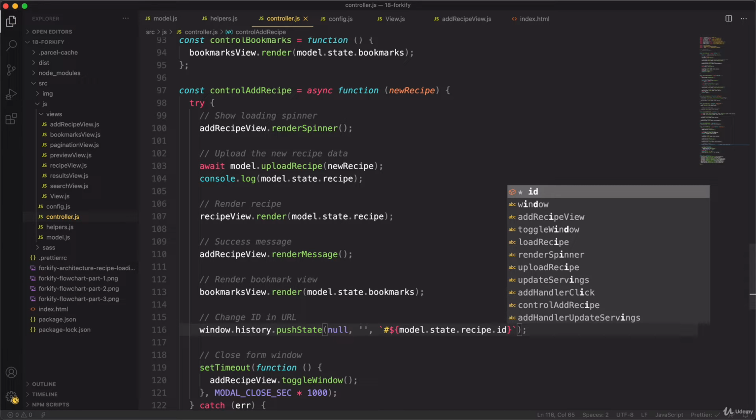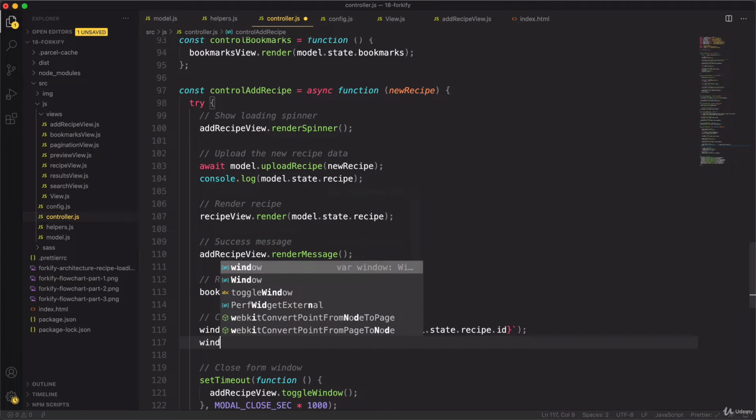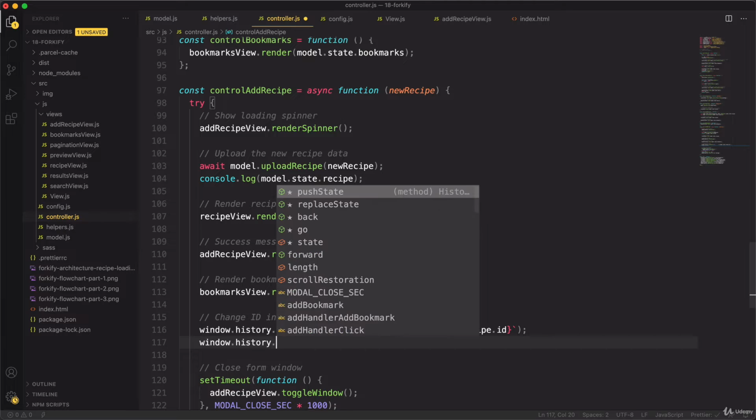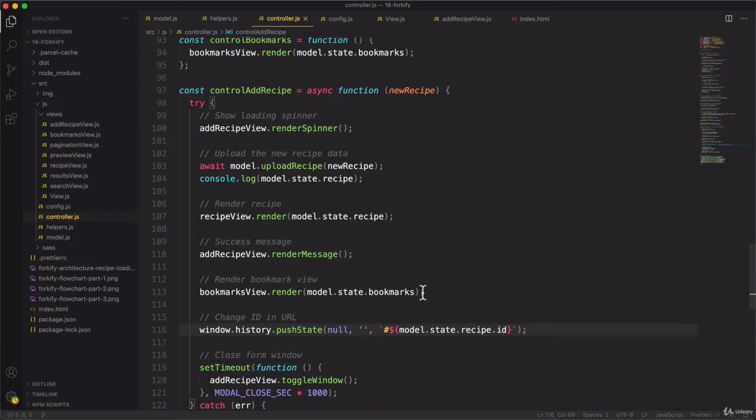And we could also do all kinds of other stuff with the history API, like for example going back and forth, just as if we were clicking the forward and back buttons in the browser. So we could do like this. Of course, it doesn't make sense in this situation, but maybe in some other situation you might find this one helpful. So automatically going back to the last page. So that should work now, but let's not test it yet, because the next thing that we want to do